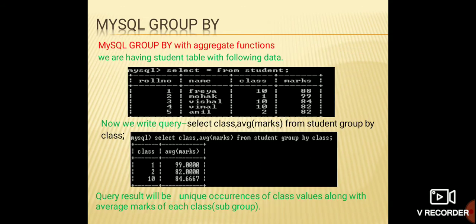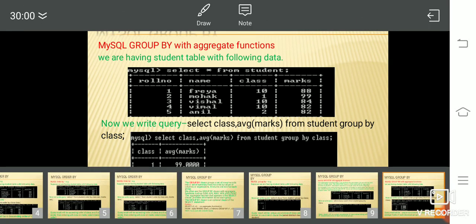Okay, next, an example with an aggregate function itself. I want to extract the average mark of the existing class. Okay, so my table is there, in class 1 there is only one data, so it will be displayed as 99 marks. In class 2 also only one data, it will display only 82 marks. But in class 3 you can see there are 3 datas, isn't it?